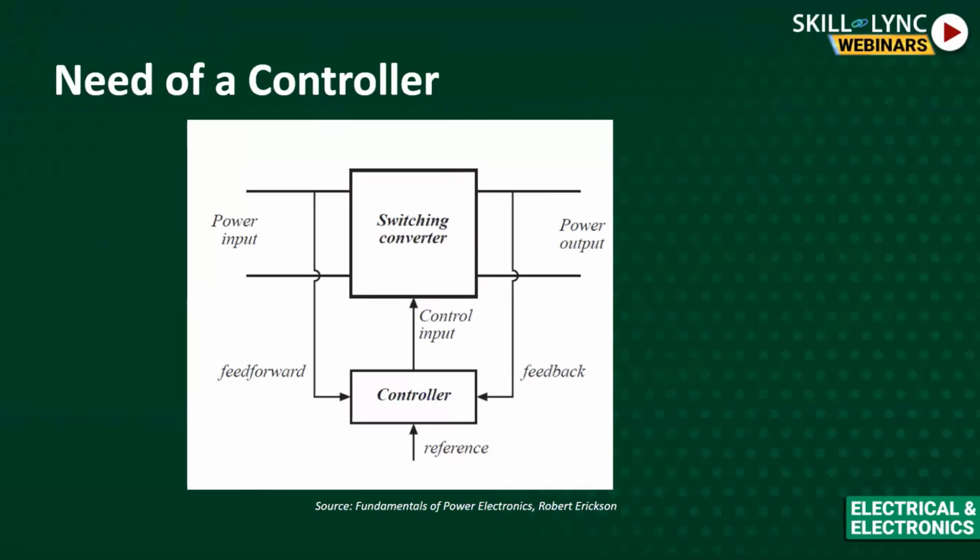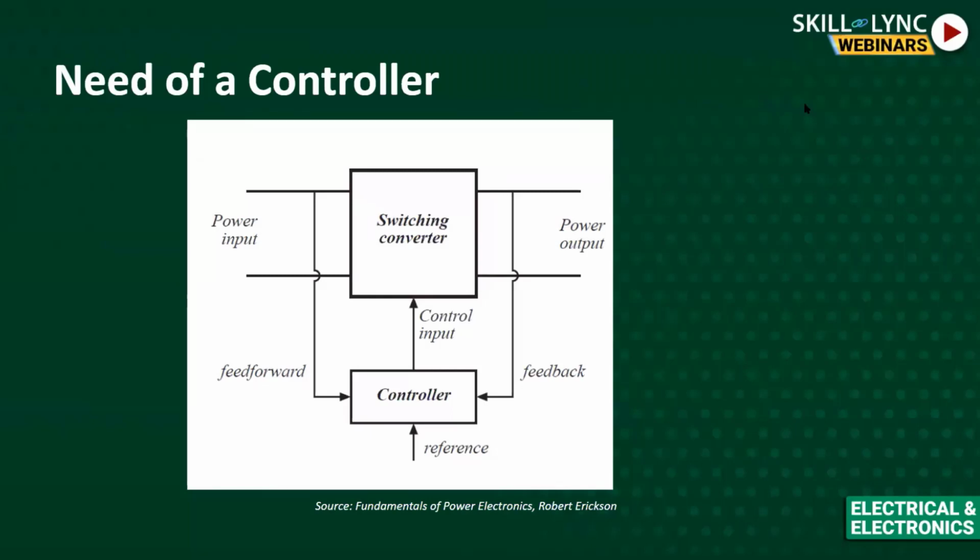In the previous slide, you have seen the SPDT switch at position 1 and position 2. But what is the input there? Of course, the power. One is the power input, the main circuit. But you have to throw the switch to position 1 and position 2. So you need the control input to this switch to throw it from one point to another, right? So that is nothing but the control input.